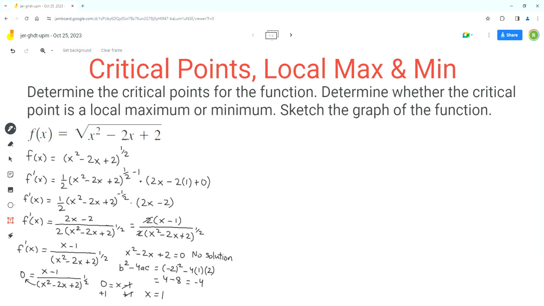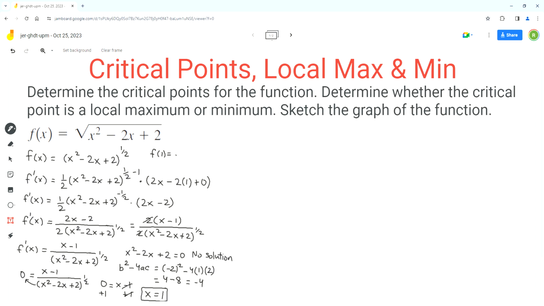So this is a critical number for this function. So at this critical number, x equals 1, the prime of f of x becomes equal to 0. Now we have to find the function value for this critical number to find the critical point. So we should sub in x as 1 in the given function. So we can do this here at the top. So f at 1